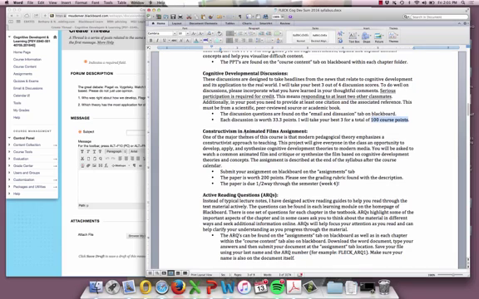Okay, another huge piece of this course is going to be the Constructivism in Animated Films assignment. This is your big paper for the class. One of the major themes here is to emphasize the constructivist approach to teaching, and you're going to hear and see all about that throughout the material. This project is going to give everybody the chance to develop, apply, and synthesize cognitive developmental theories to modern media, in this case an animated film. You can choose a common animated film. You're going to critique it, synthesize it based on your knowledge of cognitive development theory,